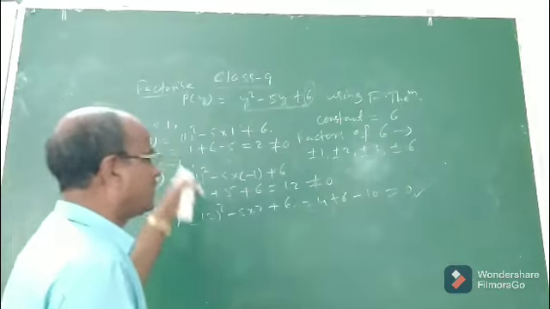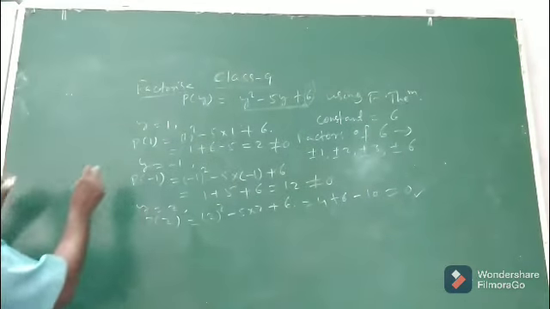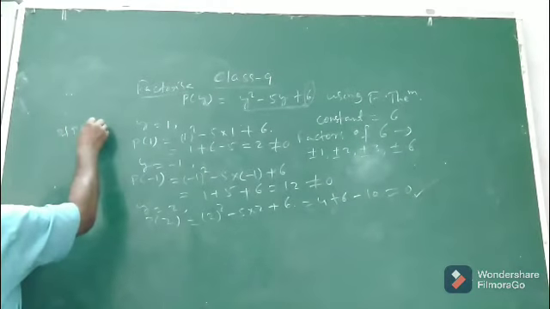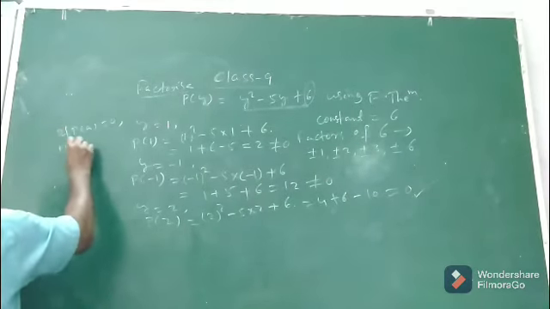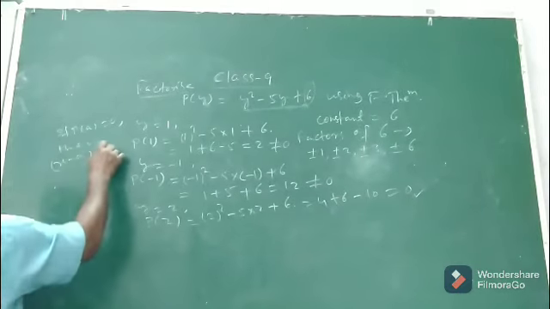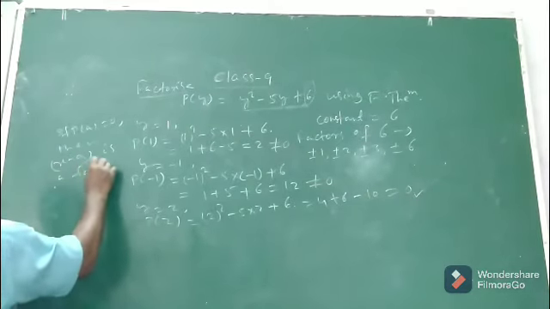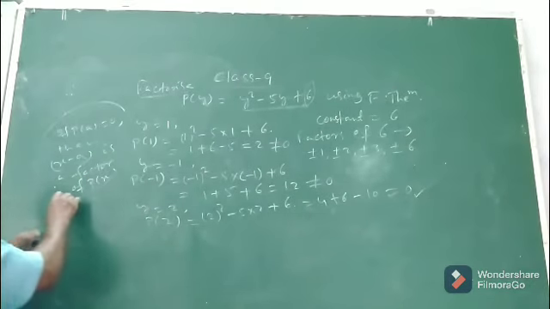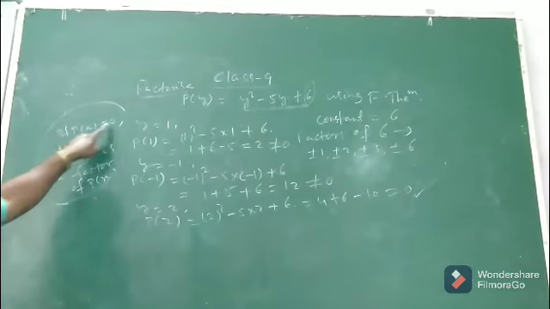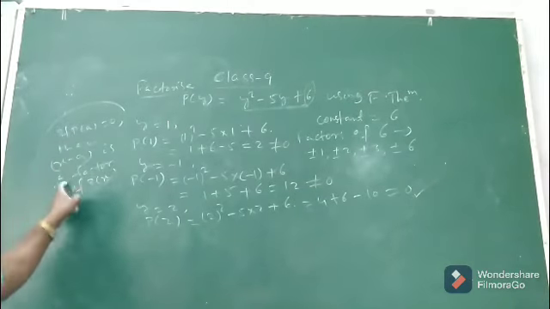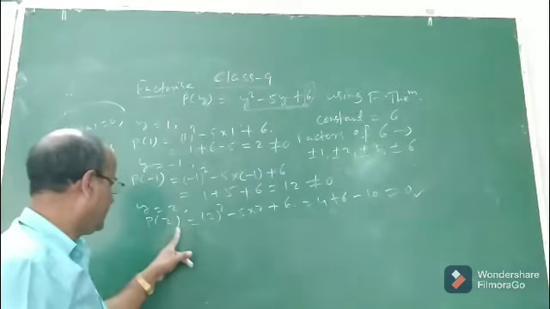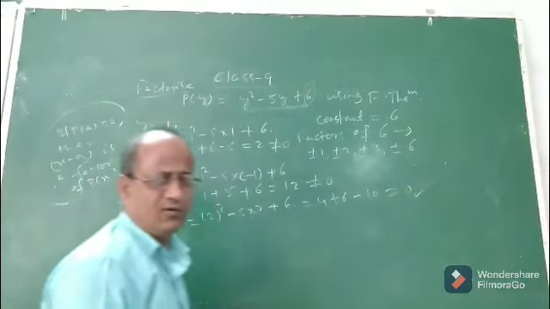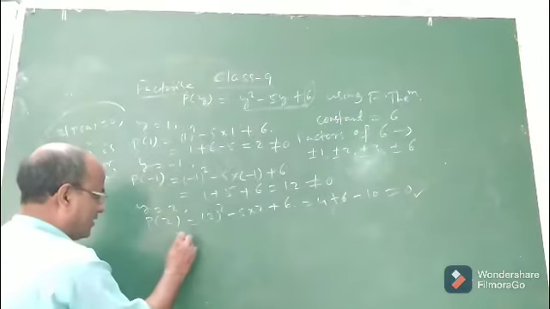So what I said in the factor theorem, while discussing the factor theorem I said, if p of a equal to 0, then x minus a is a factor. It is a factor of p of x. This is the statement of the factor theorem. If p of a is 0, then x minus a is a factor of p of x. Now look here. Here p of 2 is 0. So by the factor theorem,